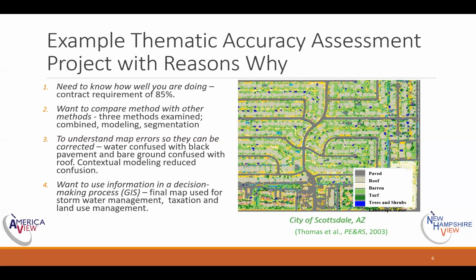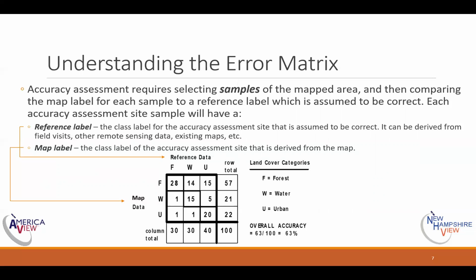And when you look at the reference data, it agrees: 28 times it was forest on the map, and it was also forest on the ground or on the reference data, okay? And 15 times it was water on the map and water on the reference data, okay? But you can see that 5 times it was water on the map, but it was actually urban on the